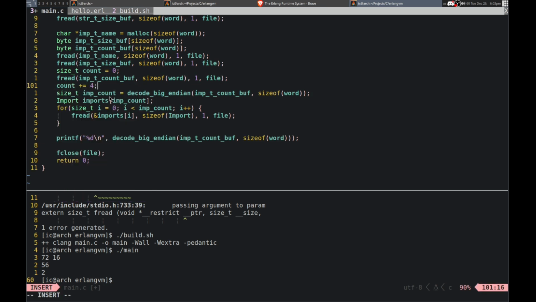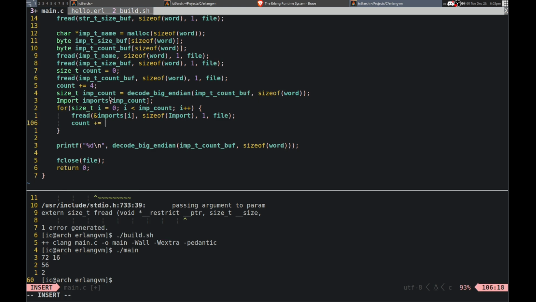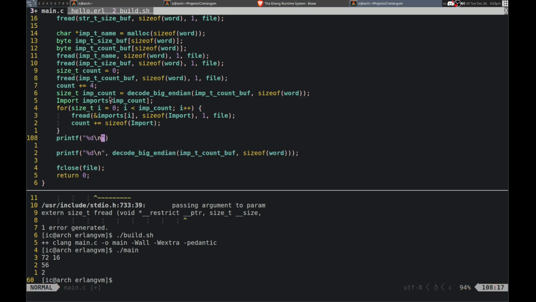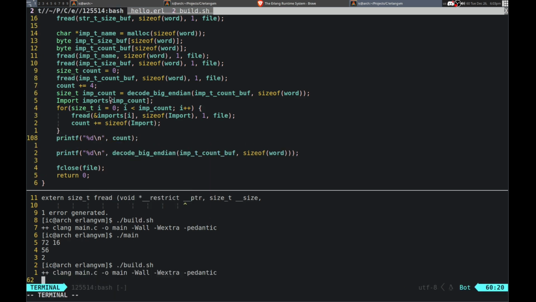Count plus equals 4, okay. Plus equals, so what is this? Size of input, I suppose. And then printf that. So the count is the amount read.